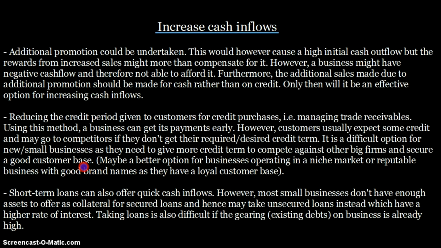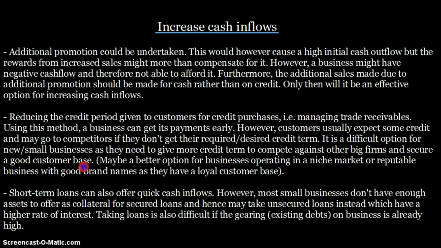the opportunity cost is customers. Okay, so if you increase your credit period, you will get more customers. You reduce the credit period, your customers will decrease. Okay, it's a direct relationship. New businesses generally don't want to, but they have to give more credit periods to secure a good